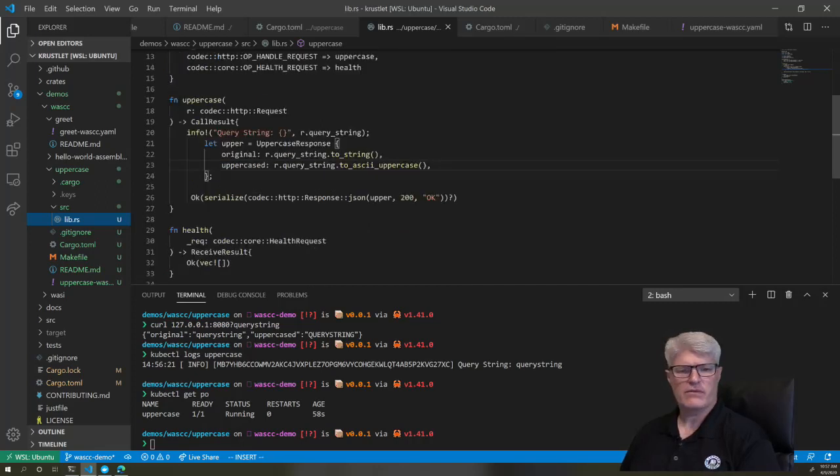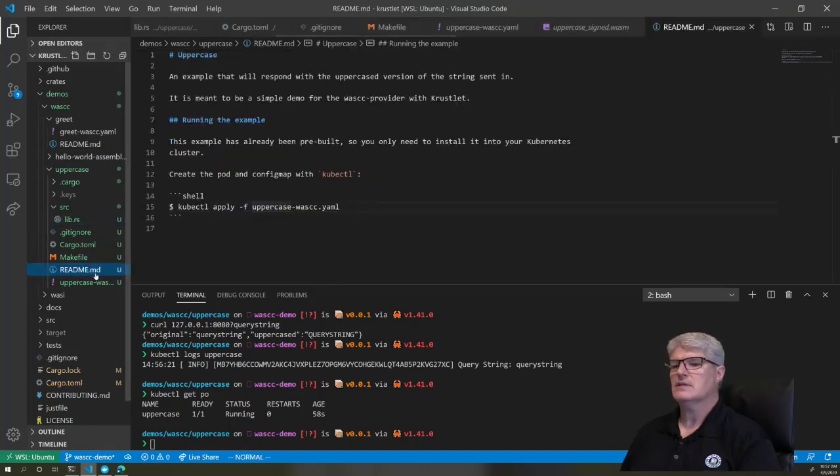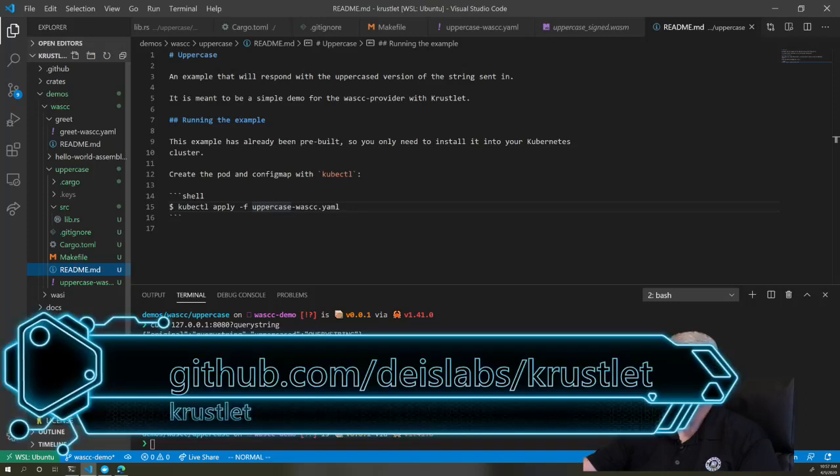And thankfully, Kevin came in and told me how to get this OK thing right, because I probably would have spent all day looking for the question mark that didn't exist. The last thing to do is clean up the docs here, and now I can make a pull request against the Krustlet repo. And that Krustlet repo is here at